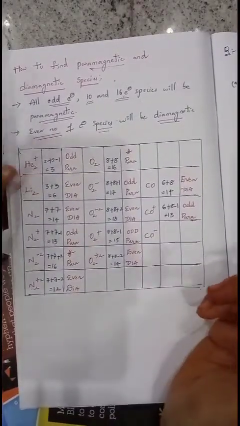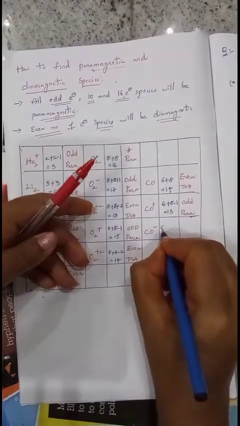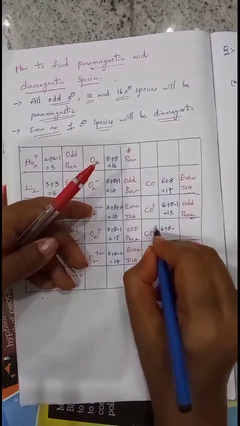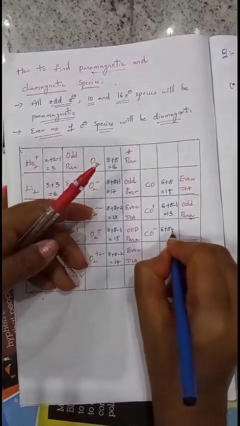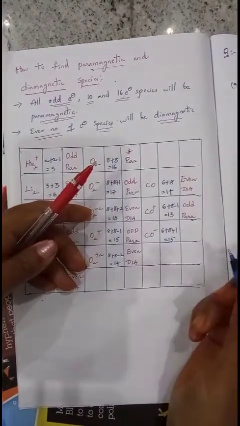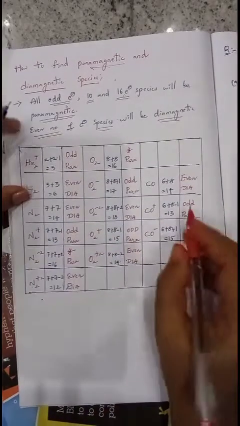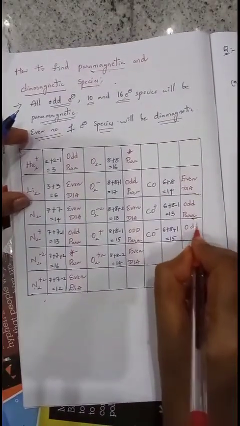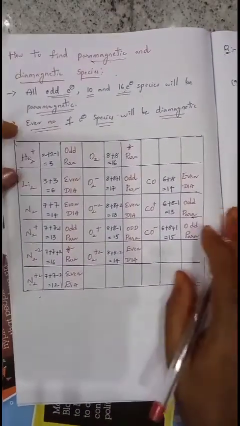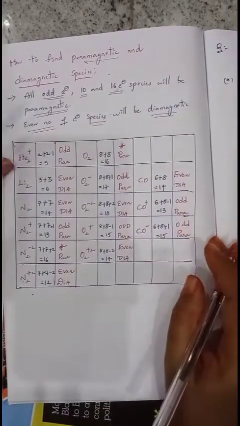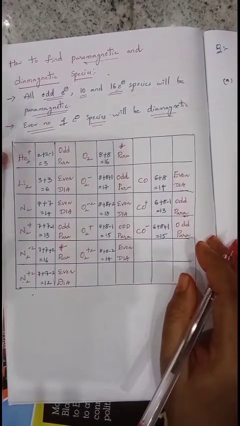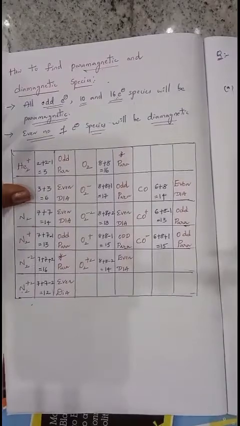Next, CO minus. So CO, carbon atomic number 6, oxygen atomic number is 8, and minus indicates the presence of one extra electron. So you have to add one more electron. Then the total number of electrons present here is 15. 15 is an odd number. If an odd number of electrons are present, then the molecule is said to be paramagnetic. Okay, like this you will calculate. You can easily calculate the magnetic behavior of any species, whether it is paramagnetic or diamagnetic. Now we'll try to solve a question based on this.